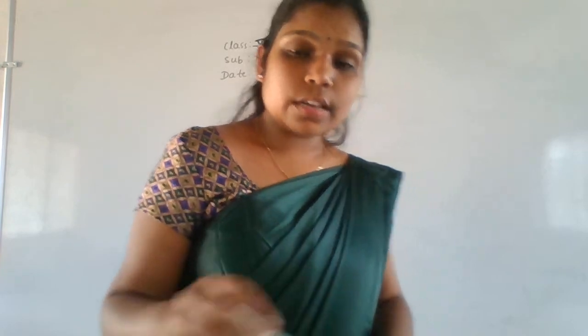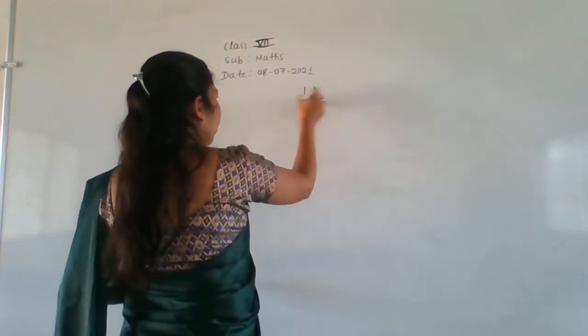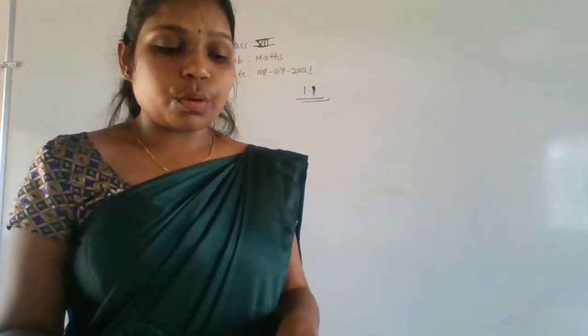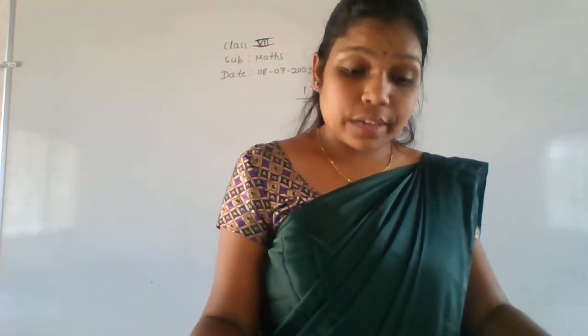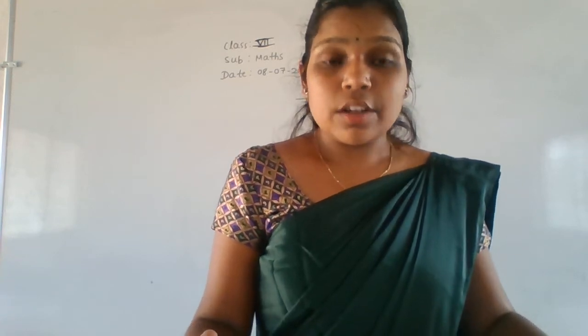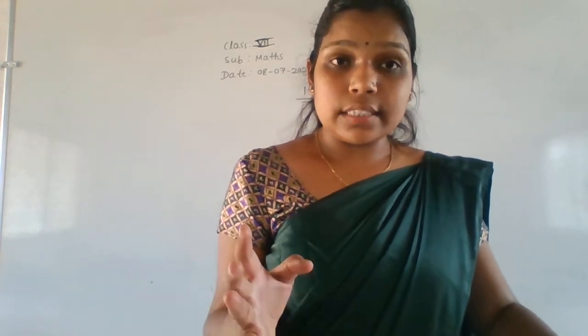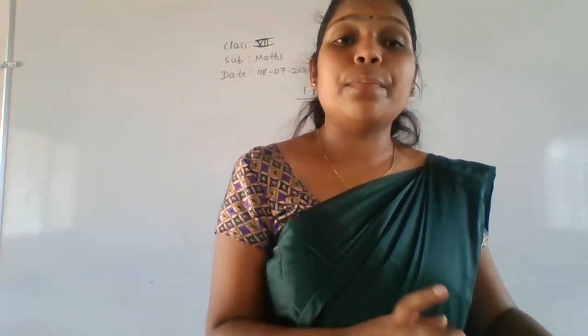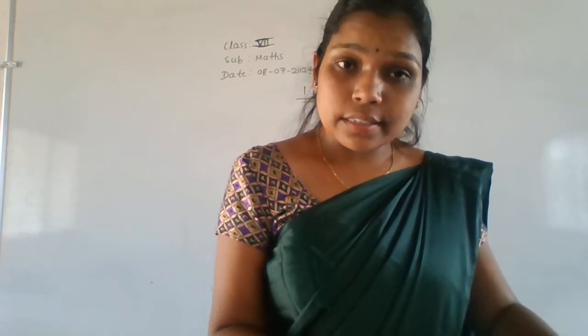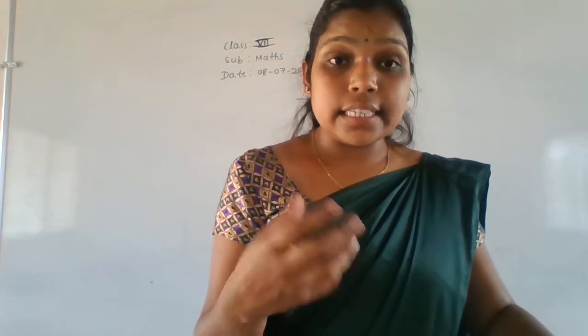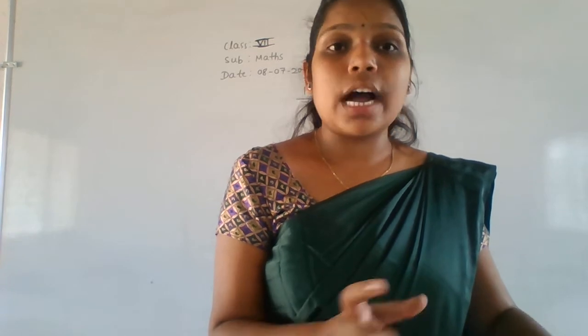Now we'll start with exercise number 1.1. Based on those properties, we have to solve exercise 1.1. Understand what I am saying here? If you are thorough with all the properties, only then can you solve 1.1. Otherwise, it's very difficult. For that reason, I told every property in detail. If you are not perfect with the properties, read them once again, and then solve exercise 1.1. Then only you can easily understand whatever I am telling here. Otherwise, you can't understand anything.